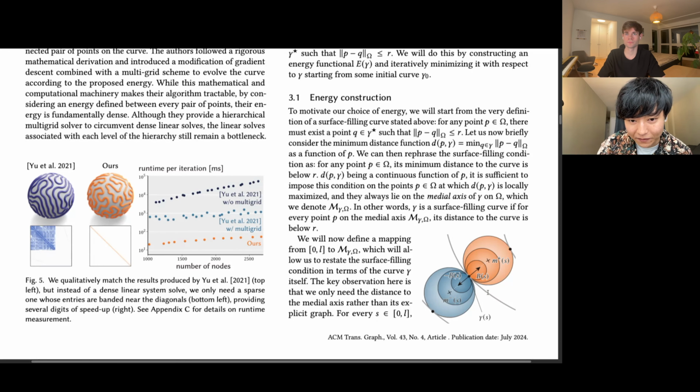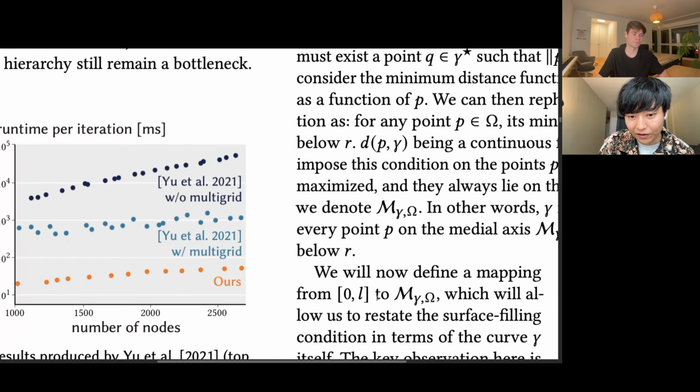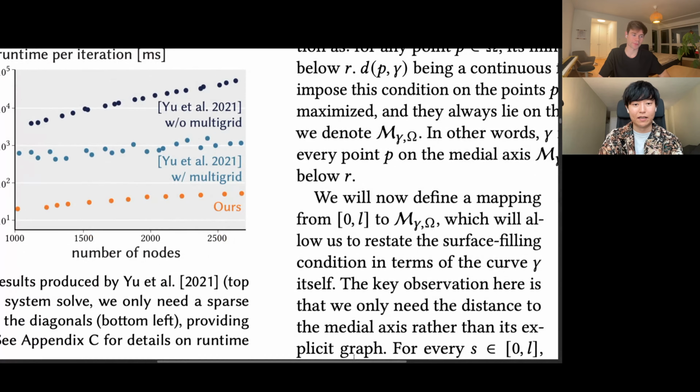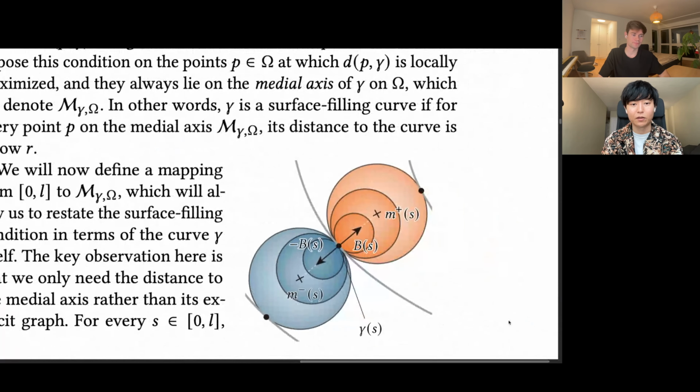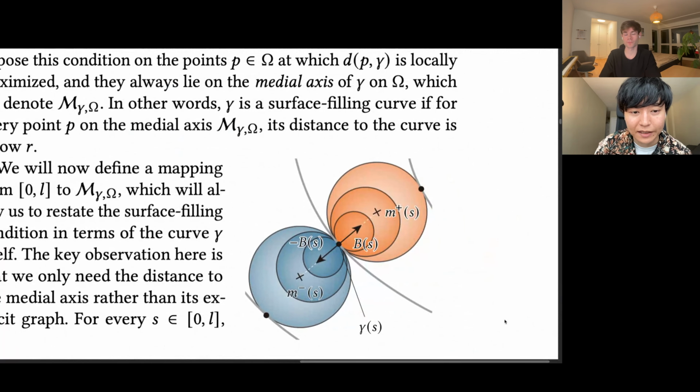So basically if you have this point, I think it's gamma s, you have gamma s, then you can get the tangent directions. And if you have the tangent directions, then you can get two bitangent directions that are facing this way and this way. You can see the orange sphere and the blue sphere over here. And then basically, if you grow a sphere that's tangent to this gamma, let me just zoom in a little bit. There we go. So if you grow this sphere from gamma s towards this bitangent direction, and then eventually